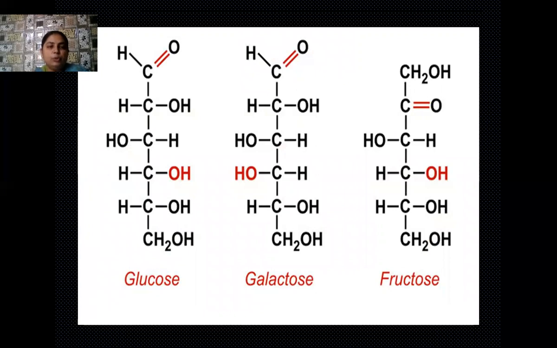Yes, students, here I have shown you the chemical formulas of three types of carbohydrates. The first formula is of the glucose molecule. You know how many carbon atoms are there in glucose? 6 carbon atoms. Besides this, we have hydrogen and OH groups located on these carbon atoms. One aldehyde group is also there. The other two chemical formulas are of galactose and fructose respectively. You have to draw and practice these formulas so that you can get familiar with the location of the H and OH groups in these molecules.